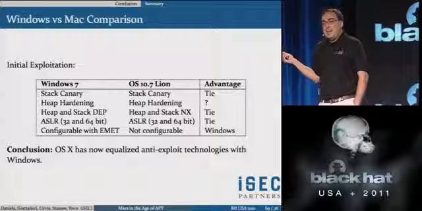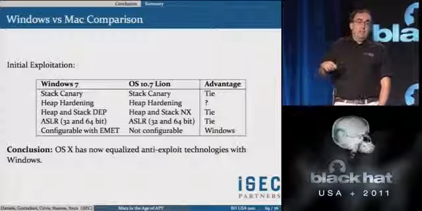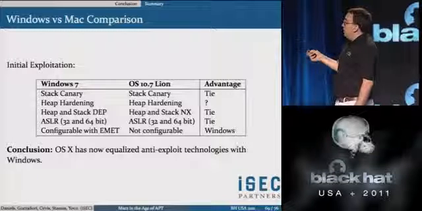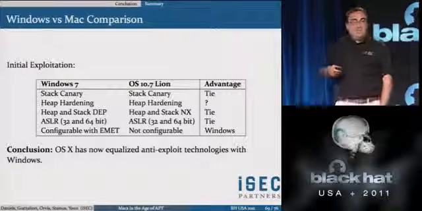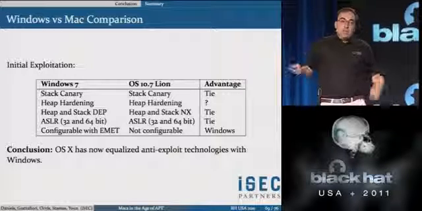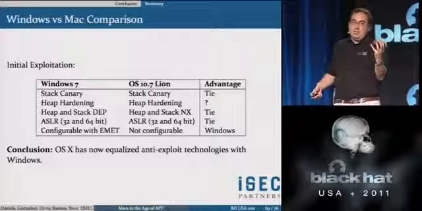So I think this is going to be kind of a proof is in the pudding. We'll see how easy heap exploits are written for 10.7 over the next couple of months. But for the most part, OS X has pretty much pulled even, or in some cases is slightly better than Windows. The one problem here, though, is that OS X makes these decisions on what security anti-exploit technologies are used